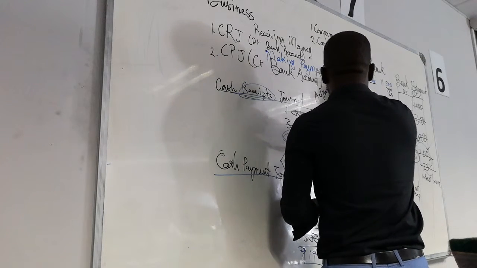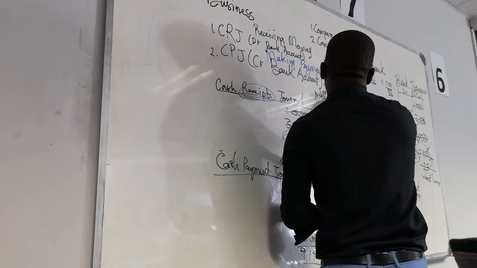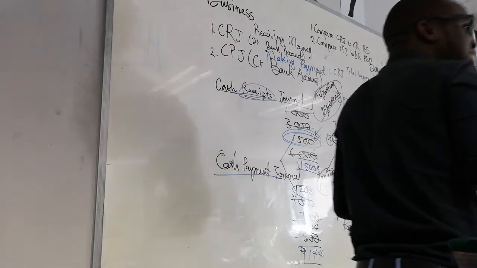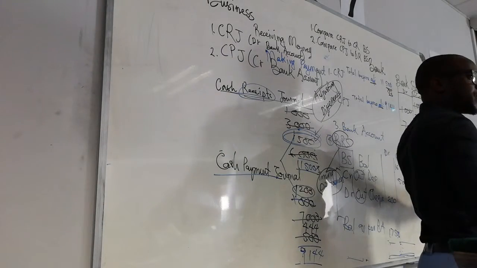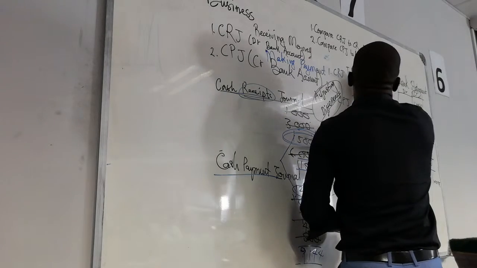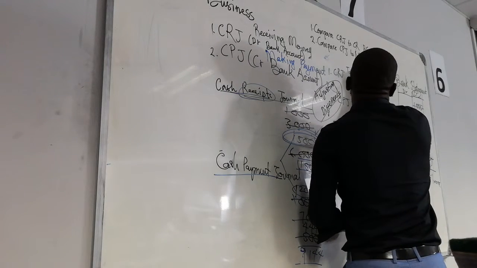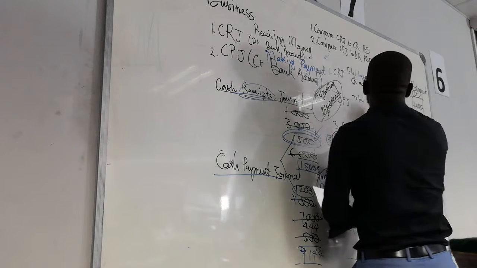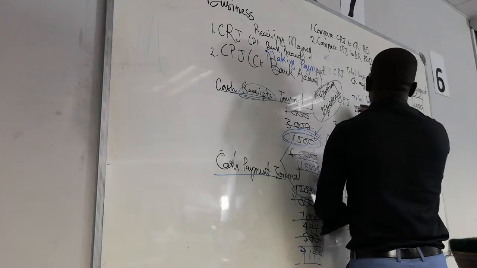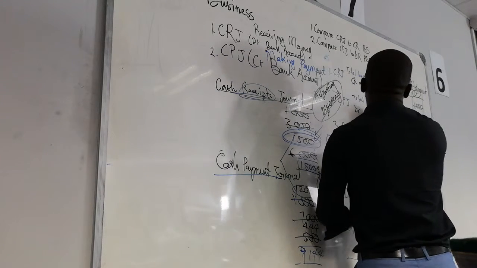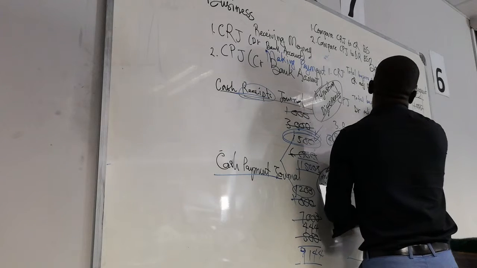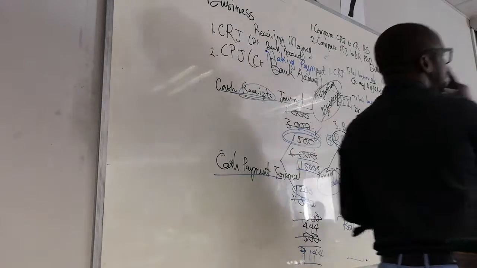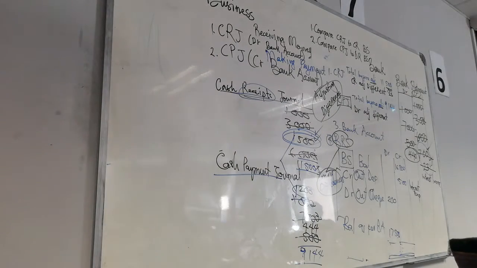Once you familiarize yourself with adjusting differences, you will record them. If they are on the credit side of my bank statement, I will record them in the CRJ, credit adjusting differences. If they are on the debit side, we say debit. They are on the debit side, so debit adjusting differences are recorded in our CPJ. Are we together?